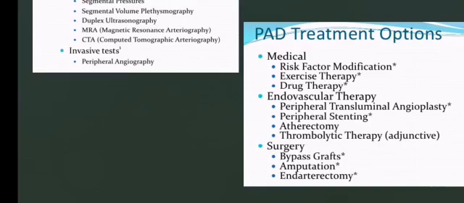And for revascularization, endovascular therapy is done by transluminal angioplasty, stenting, and sometimes atherectomy is done. And surgical treatment includes bypass grafts and endarterectomy, embolectomy, and if there is non-viable tissue or loss of tissue, then